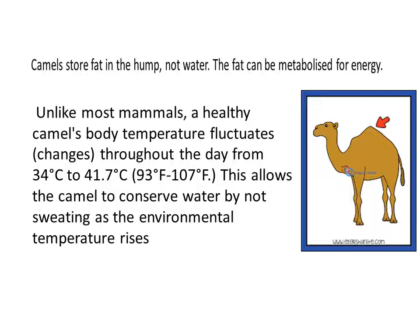That is, it changes throughout the day from 34 degrees centigrade to 41.7 degree centigrade, and this allows the camel to conserve water, to save water by not sweating as the environmental temperature rises. Now, sweating means a liquid that comes out through the skin, right? In summer season, we sweat a lot, and